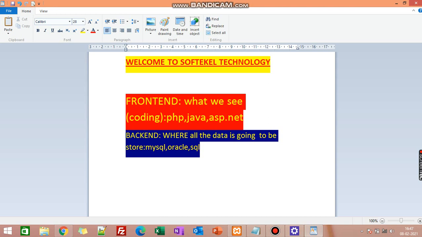For example, we have software on our laptop or PC like MySQL, Oracle, SQL. Mostly all the queries are the same, though different software has slightly different syntax. Today I am going to tell you how to use MySQL, because we have to start with the back end area. Later I will tell you how to create a website, how to write the code, and how to manage your code line by line, compiler, interpreter.